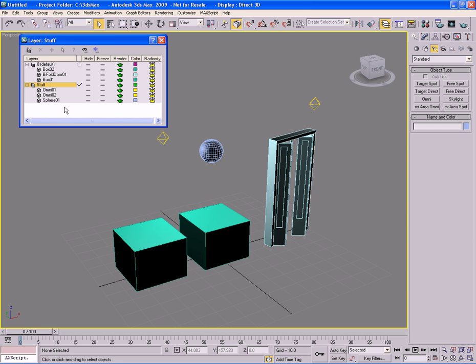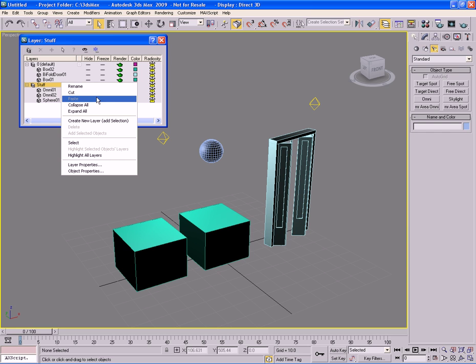If you want to get rid of a layer, it's pretty simple. Just right click on top of the layer and